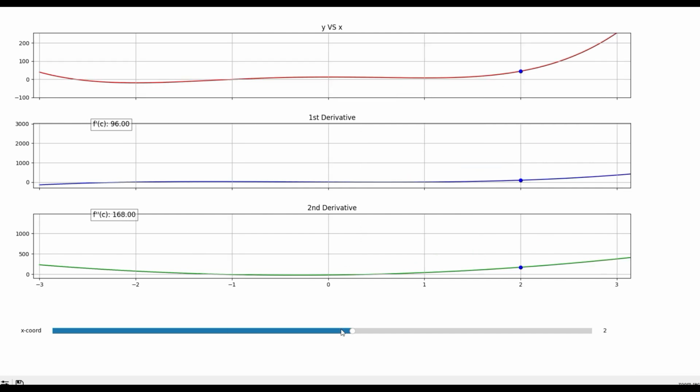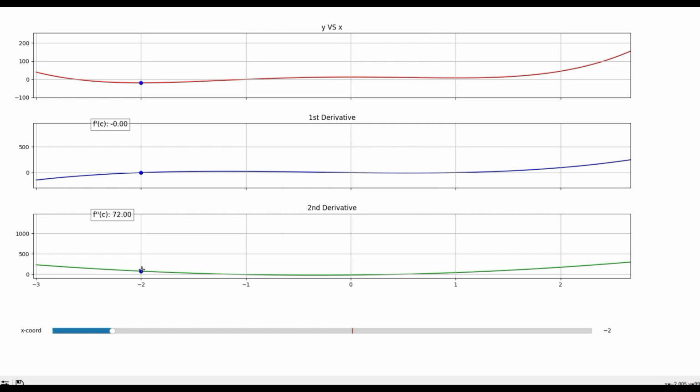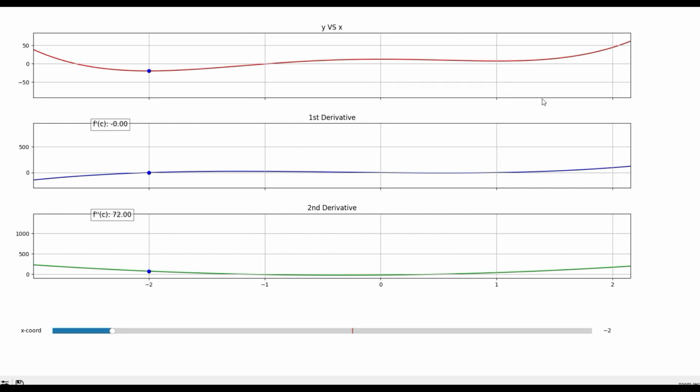Okay, now, so first is your minus 2. So let me go to minus 2. So input value is minus 2. So here the derivative, let me again zoom in a bit. Now, the derivative is 0 clearly, and the second derivative is 72. It's a positive value, and we can see it's a local minima, right? It's local minima. And as and when I move across, again I find